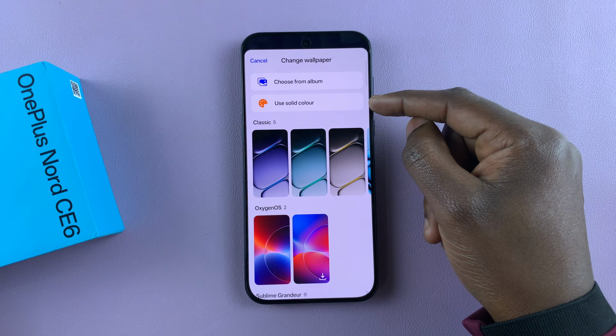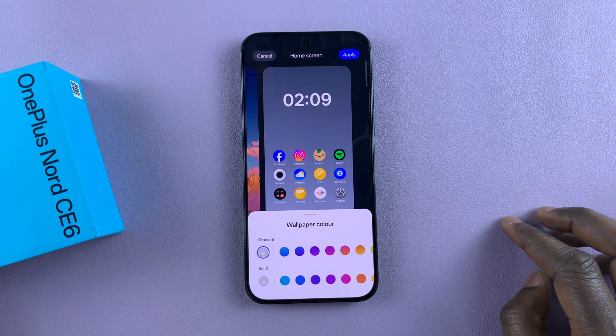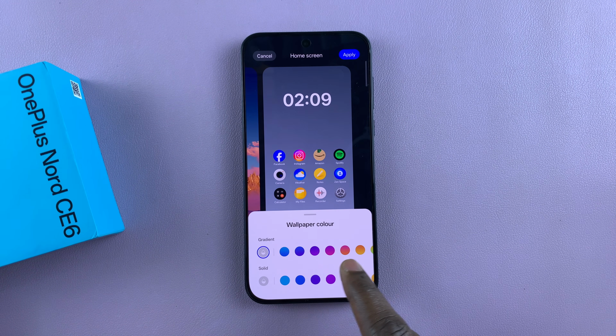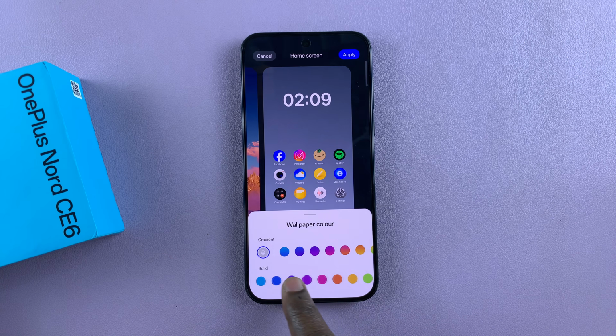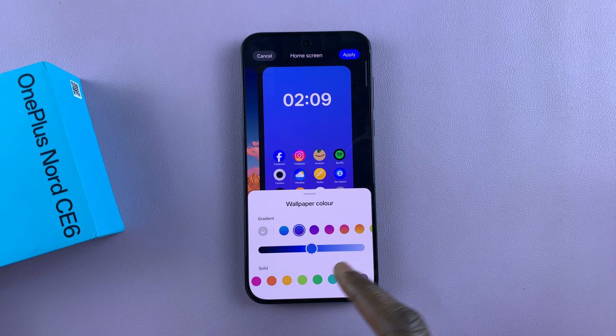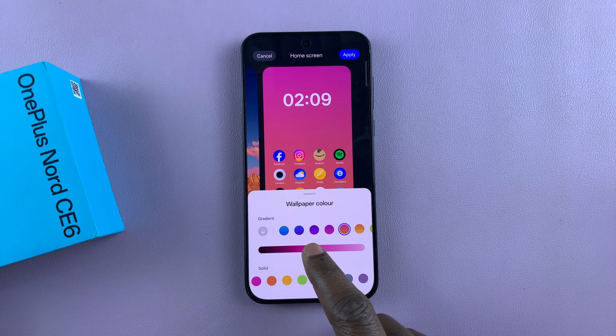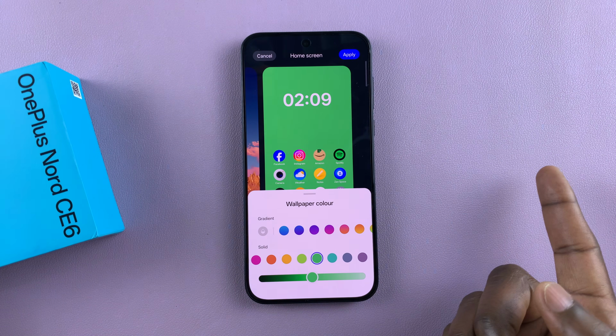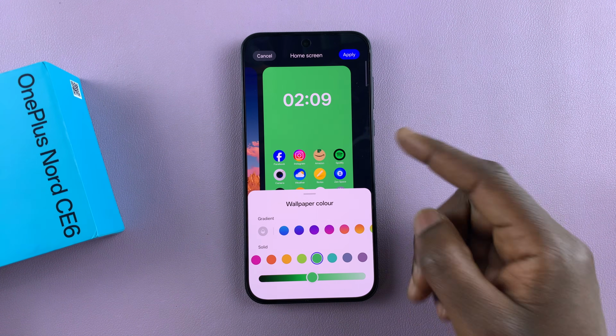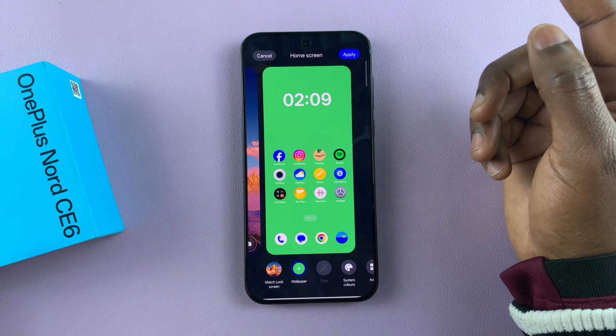And here you should see the option to use a solid color, so tap on that. Then you can either select a gradient wallpaper or a solid color background, so you can select any color that best suits you, and you can even increase or reduce the intensity of that color. And once you find a color that best suits you, simply tap on apply,